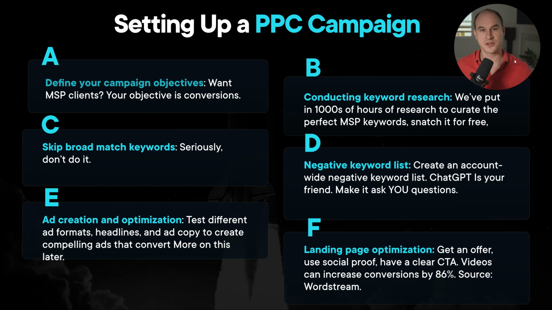Okay, so other things that you want to do when you are setting up a PPC campaign, other tips and tricks. So broad match keywords. There's different keyword match types that you can use when you set up an advertising campaign. So there's exact match, phrase match, and broad match. And basically what it means is that if you have exact match, for example, you have IT support, and you set it as an exact match keyword. That means that it should only show up if that person types exactly IT support. No more, no less, no different words, etc.